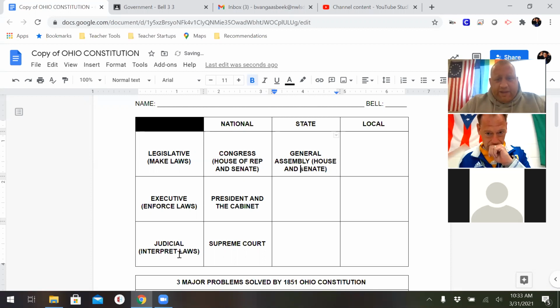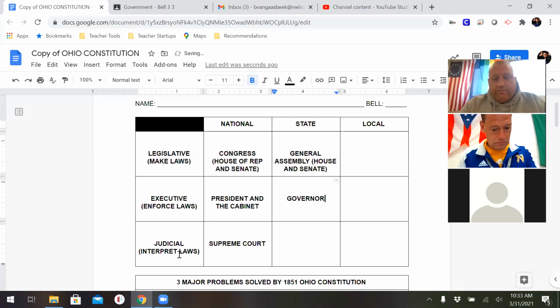We call them the same things, at least when it comes to our 2 houses, but collectively they're called the General Assembly. At the state level, the person that makes all the decisions and executes the law is known as the governor. Okay. Many of you have noticed Mike DeWine on the news quite a bit over the past year,